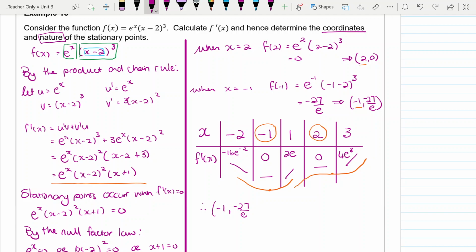I think I referenced the wrong one there with my little thing. At 2, we've got a point of inflection on a rising curve. So -1 and -27 over e is a local minimum, and 2, 0 is a point of inflection on a rising